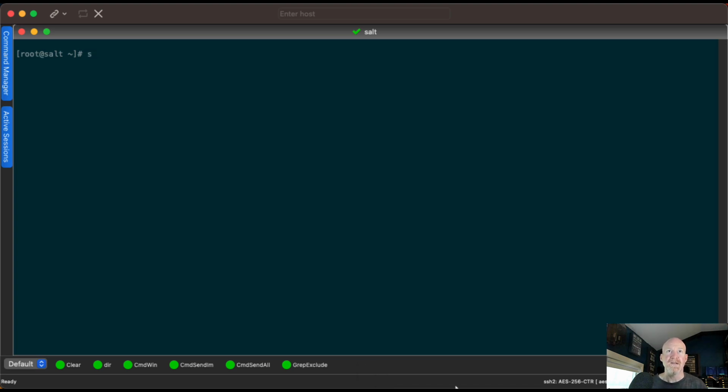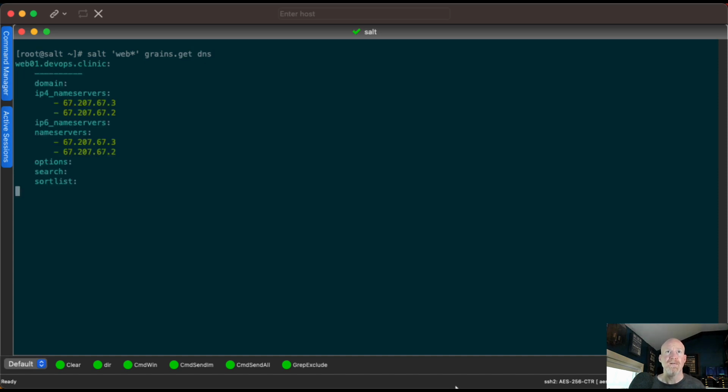Now, one of the other things you can do, if we were to look at the web server, and let's look at the grain called DNS. If we look at this, it actually has a lot of information in here, and you don't necessarily always want all that information. You might want something that is a number of levels down in your YAML syntax. Well, what you can do is just by pulling, say, DNS, and we want to grab the IP4 name servers, you put a colon and then the next key value,